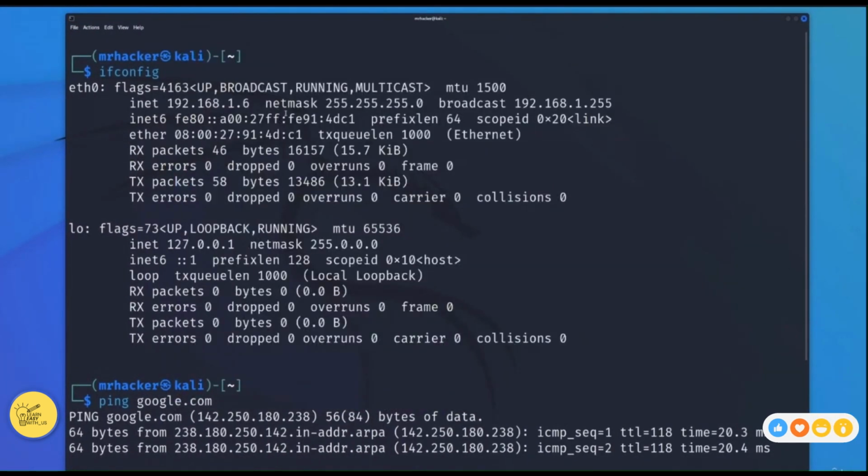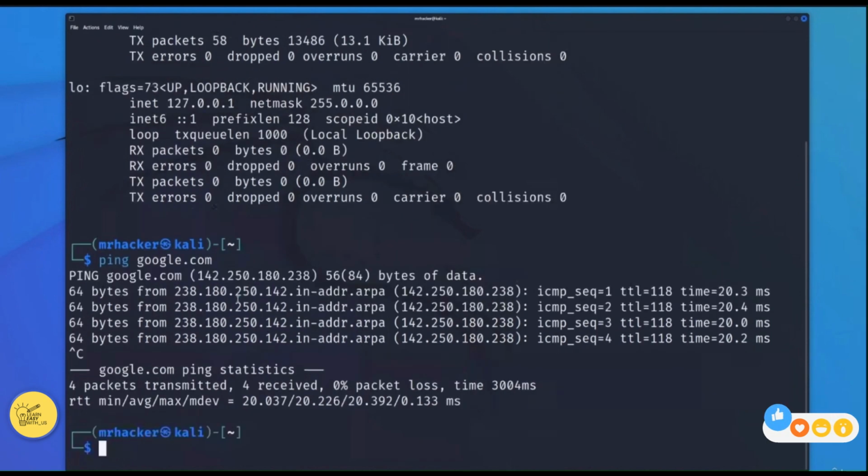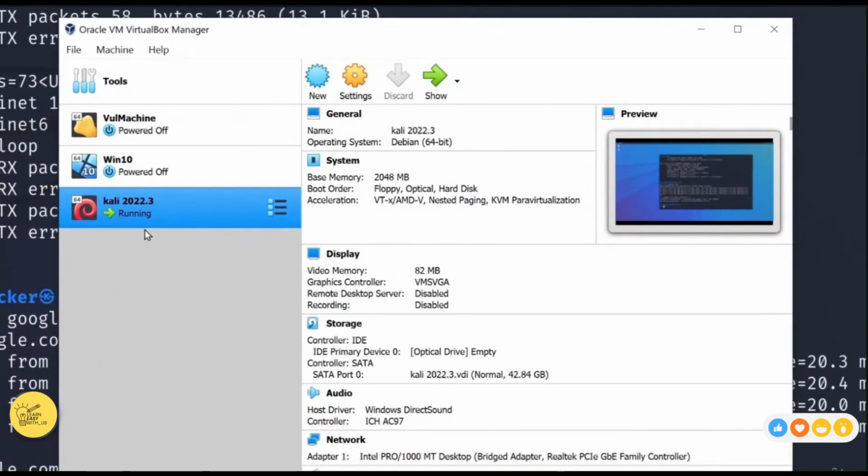If both of these also work for you, feel free to continue and you can skip the rest of this lecture and just move on to the next one. If your bridged adapter, however, is causing some issues, whether that being your IP not being present here, or you're not getting any packets back from Google or any other website or IP address, then we have to change our network settings. So go back to the VirtualBox window, select your virtual machine or your Kali Linux machine, go to settings,